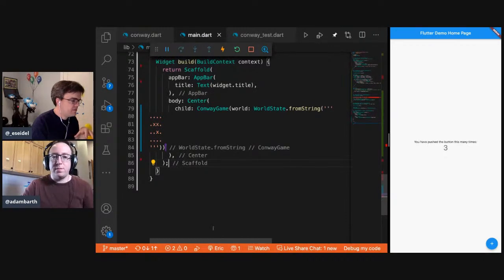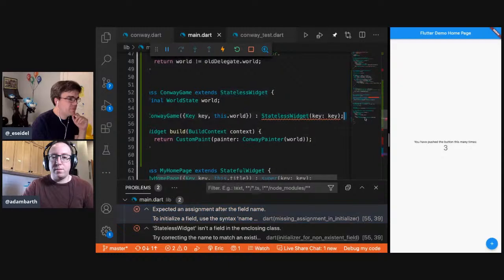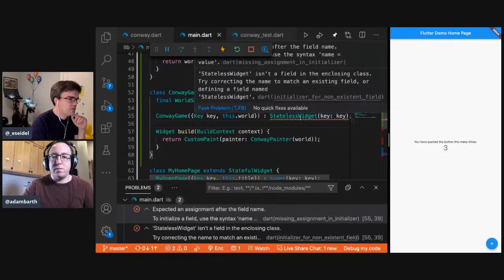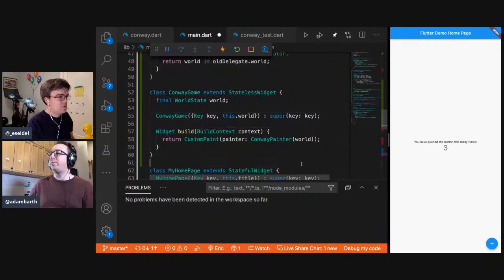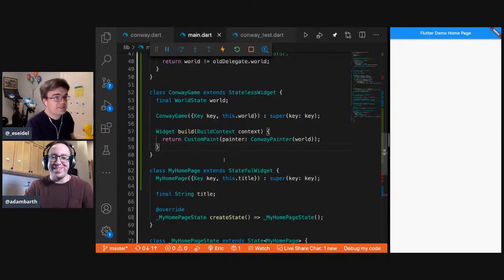Okay. Let's see. Expected assignment after the field name. Is this not how you call super? I think you mean super? Oh, super. I had this trouble before. I totally forget what programming language I'm writing in all the time. I just write syntax that maybe will work. All right, so